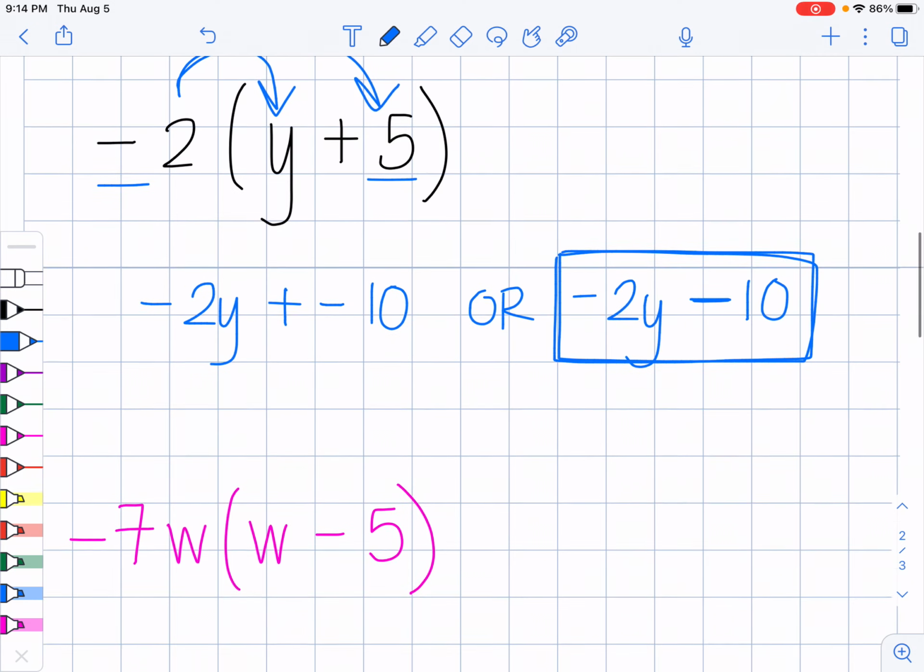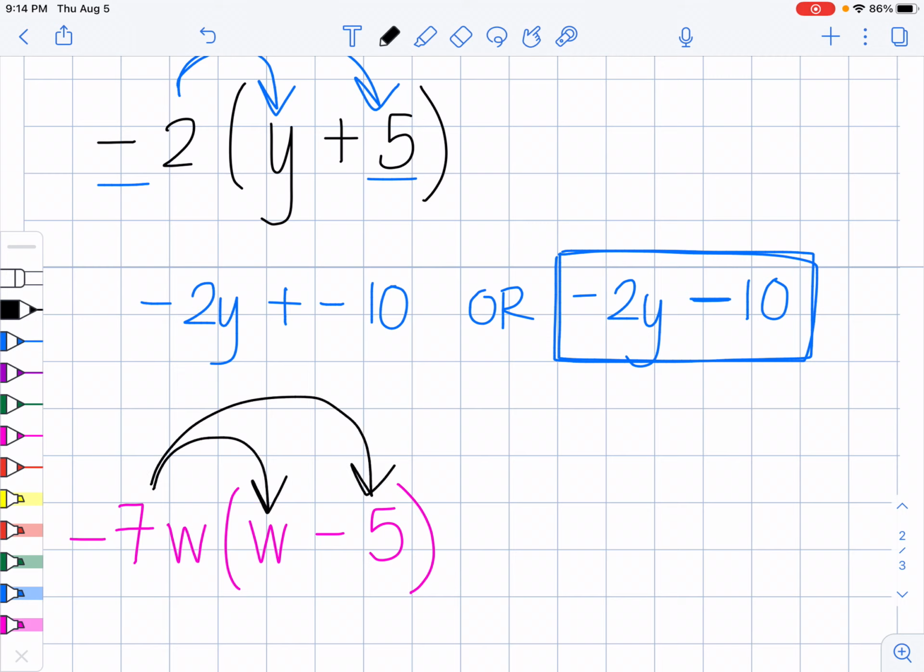And this next one here. Now you want to be careful with this negative out in front and this second negative term right here, because this is where a lot of mistakes are made. So I'm going to distribute. I'm going to multiply by everything. Okay, so I have -7w times w is -7w squared. And -7w times a -5. Remember, a negative times a negative is a positive, so this is going to change the sign to a positive. And 7 times 5 is